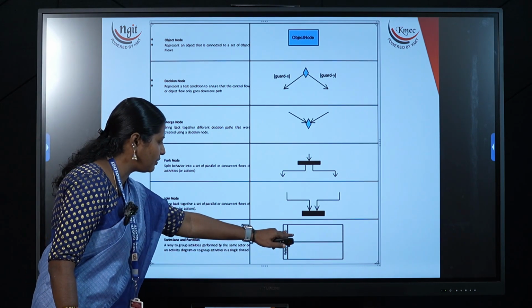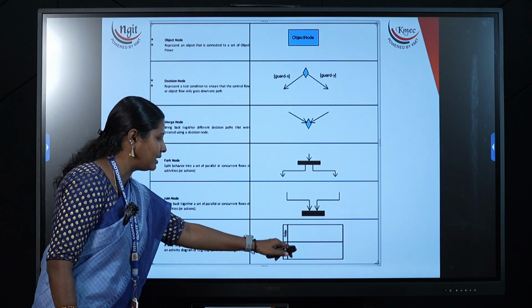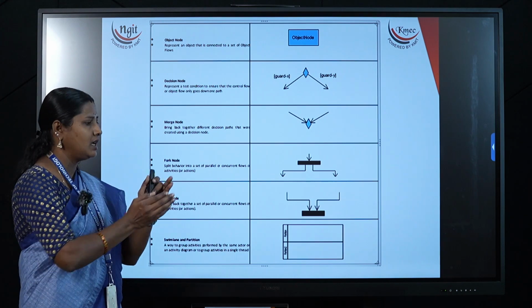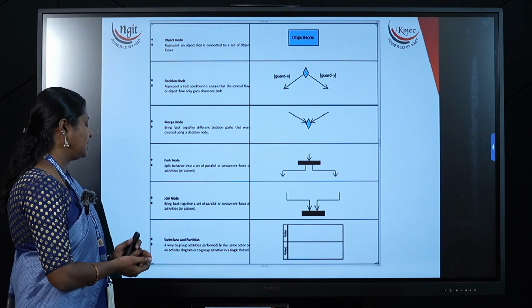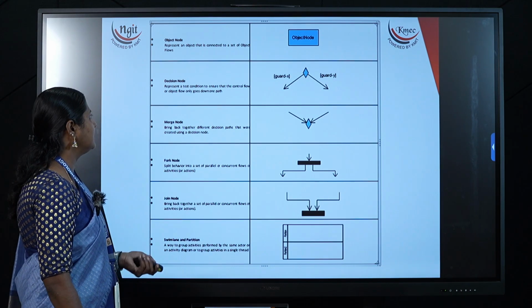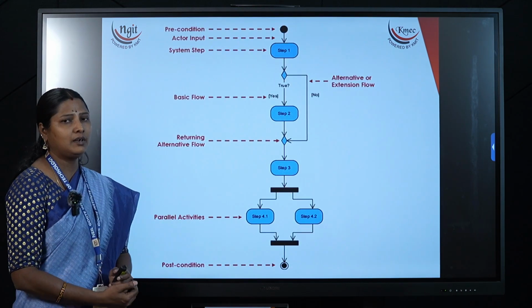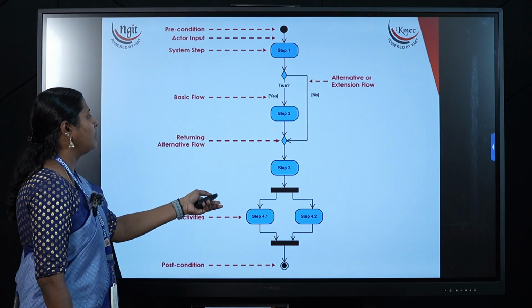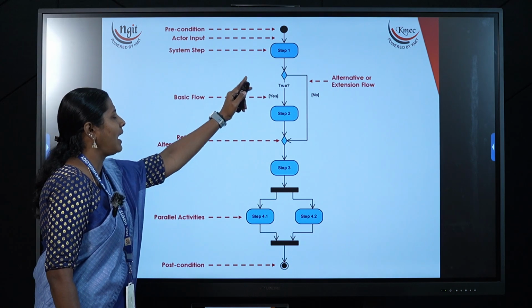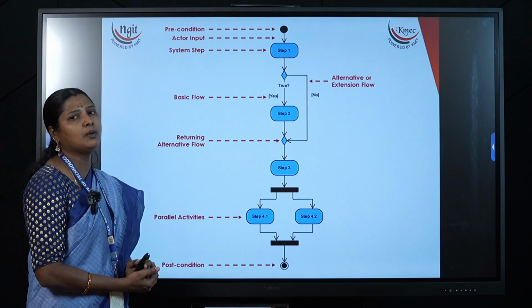So here we can see the swimlane, which is a partition: partition 1, partition 2. Depending upon the actions or activities, we can make any number of partitions, which are also called swimlanes. All these are the elements to perform the activity diagram. We can see here how to build it, which is similar to our flow chart, and which says exactly the action or the activity that is going to be performed.